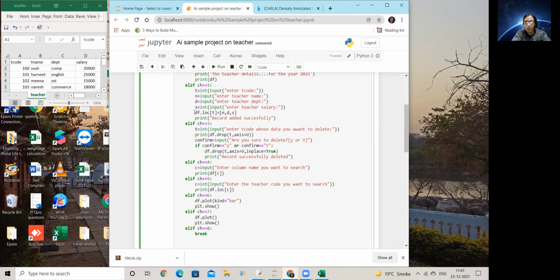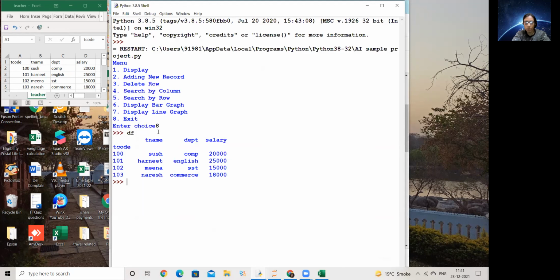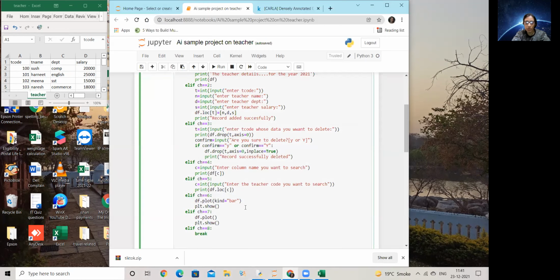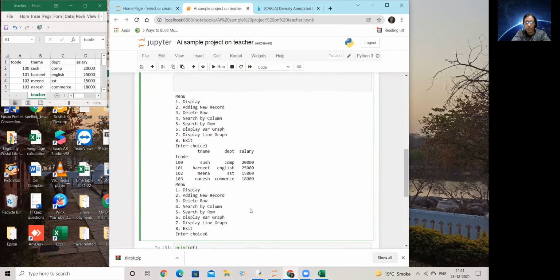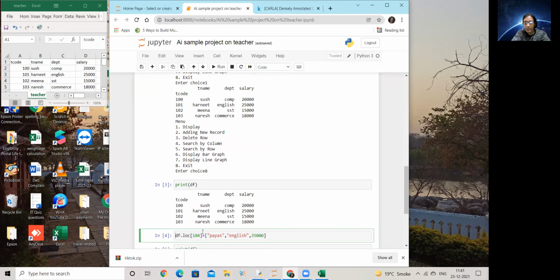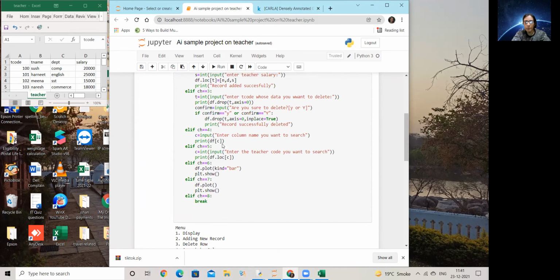I have interpreted this particular method of doing my work. So inside df.loc square brackets comes the variable, then inside square brackets, in place of each value, a variable, comma, a variable, comma, a variable. So that is what I am putting here.